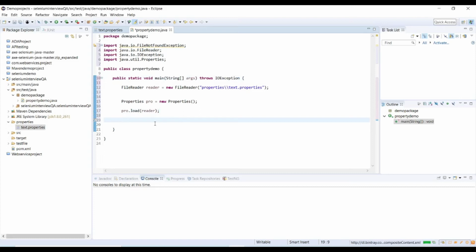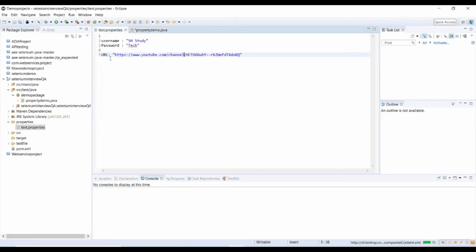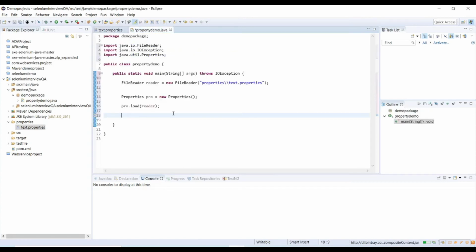Now we need to call those property values into our Java code. Let me see what values we have in the properties file again. We have username, password and URL, and let me copy the property name.